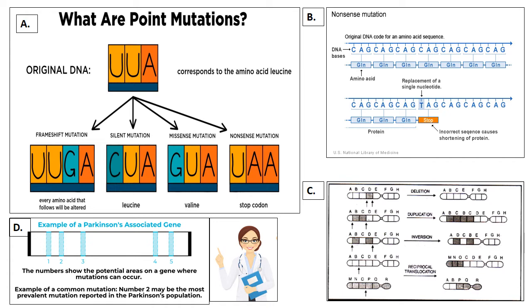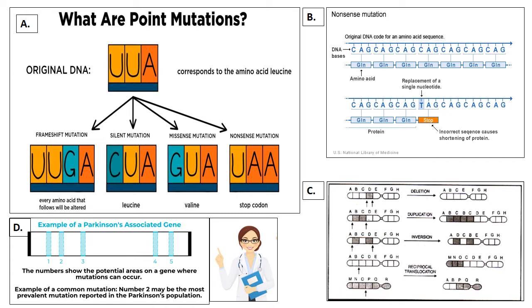For example, UUA, which is present in the original DNA. Now let me tell you, U is present in the RNA and not in the DNA. U stands for uracil, and in the RNA, in place of thymine, uracil is present. Now if UUA is present and another nitrogenous base gets incorporated between uracil and adenine, see in the image where